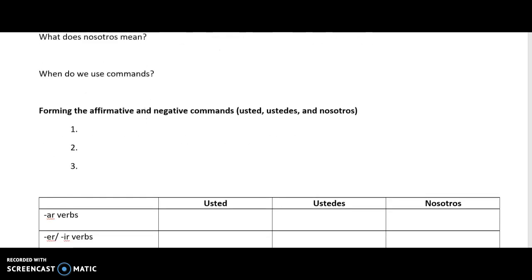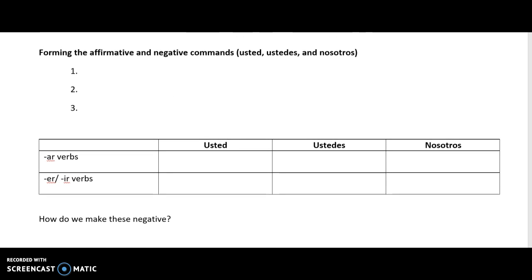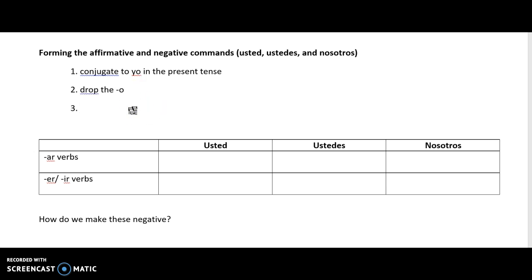And quick reminder, we use commands in order to ask someone to do something or tell someone to do something. Forming the affirmative and negative commands for usted, ustedes, and nosotros, we're going to follow the exact same steps that we did for the negative tu commands. So first, we conjugate to yo in the present tense. Our second step is going to be to drop the O from the end of the verb, and then we add the opposite